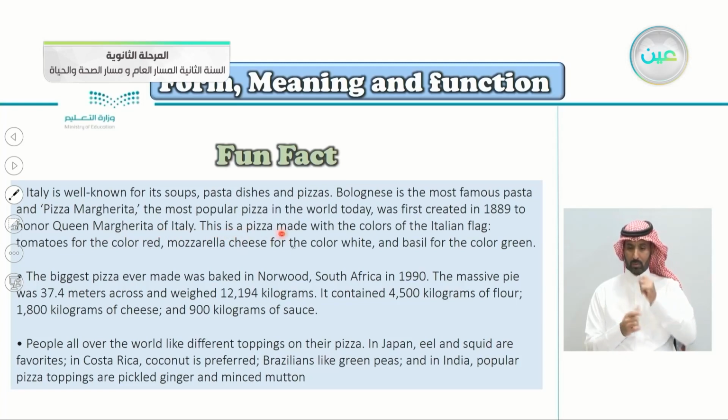This is a pizza made with the colors of the Italian flag: tomatoes for the red color, mozzarella cheese for the white, and basil for the green color. Also here, the biggest pizza ever made was baked in Norwood, South Africa in 1990. The massive pie was 37.4 meters across and weighed